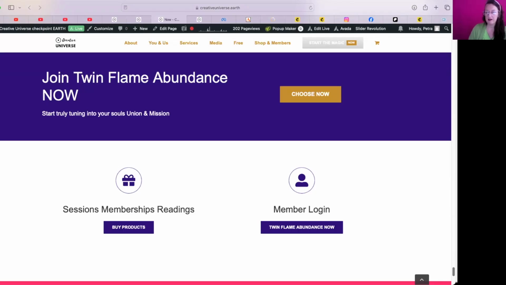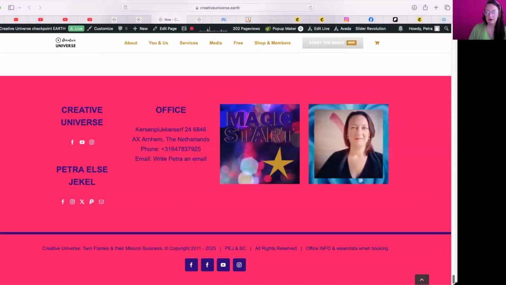And when you go even further down, you see who I am and where I live. That's underneath all the pages of my website. When you go entirely down, you get that standard stuff, and links to my Facebook, my YouTube and my Instagram. And this is important here, on the right side below: office info and essentials when booking. That's just in general